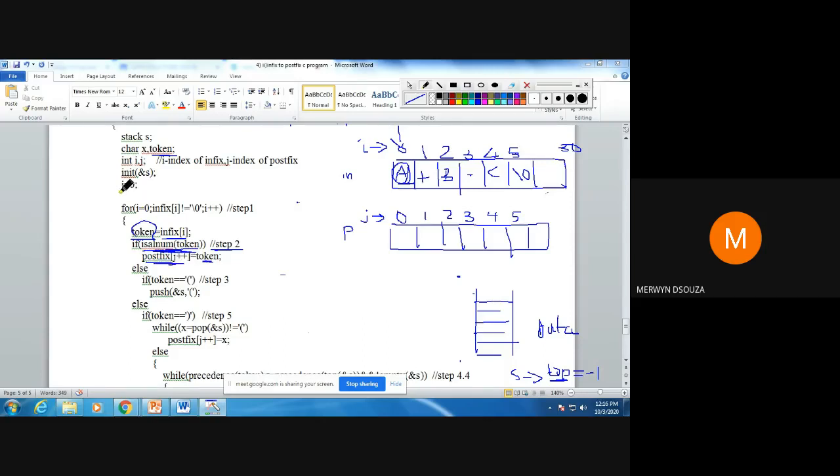Okay. j has already been set to 0. So I add A here. I increment the j value. So j will become equal to 1. I add A and I make j plus plus. So when j becomes plus plus, j will be at index 1. Clear? So the if statement is executed, else is not executed.